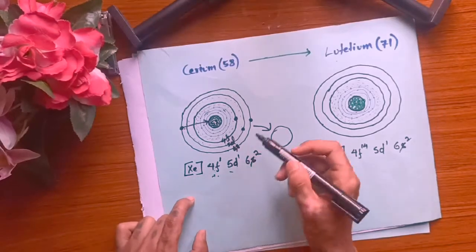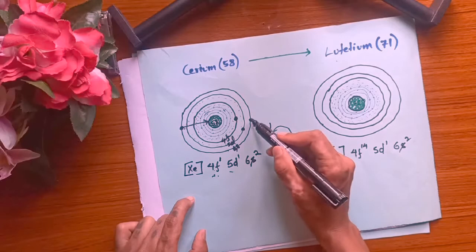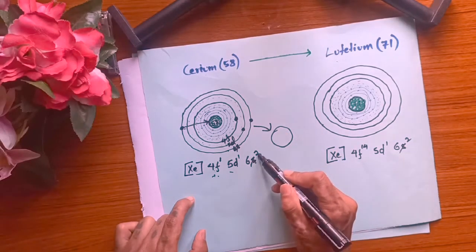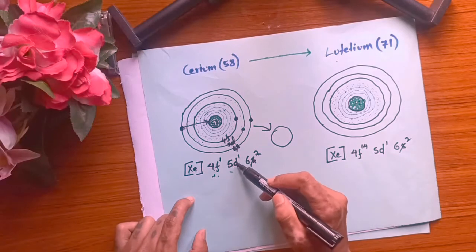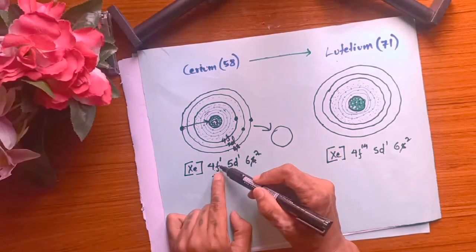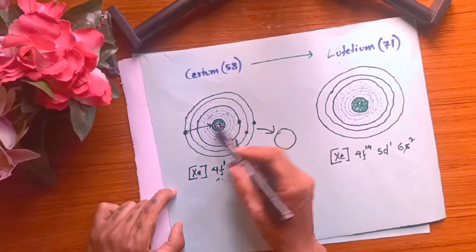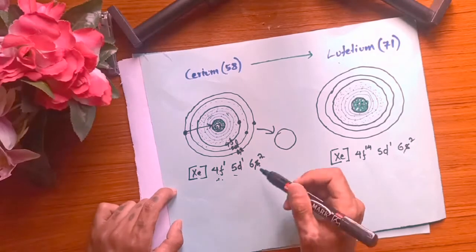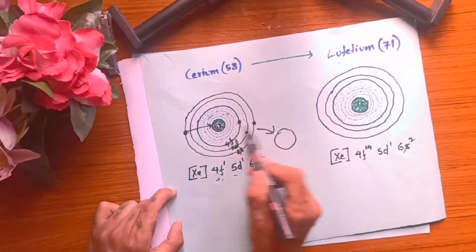So in this case, you have 2 electrons in the s orbitals, so 1 and 2 right here, and in the 5d orbital you have 1 electron, and in the 4f orbital you have 1 electron here. So 58 protons are going to pull the outer electrons, and they're going to pull these 6s electrons, the 2 electrons, this and this,